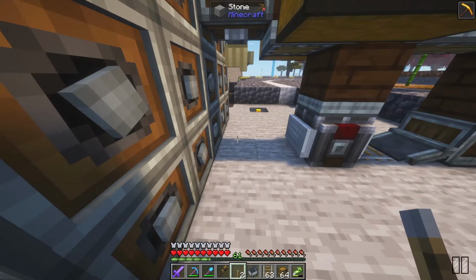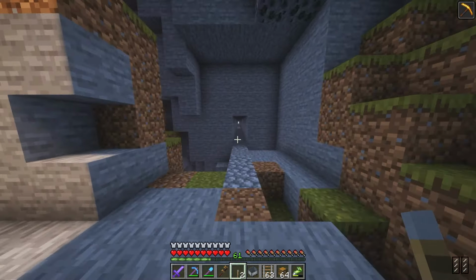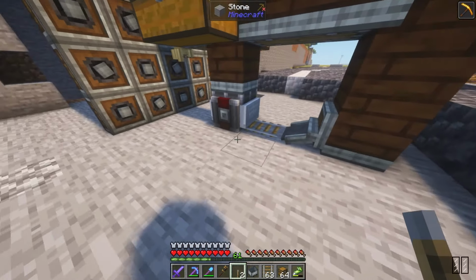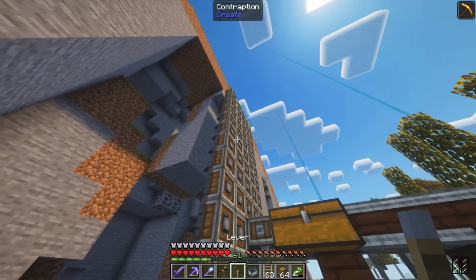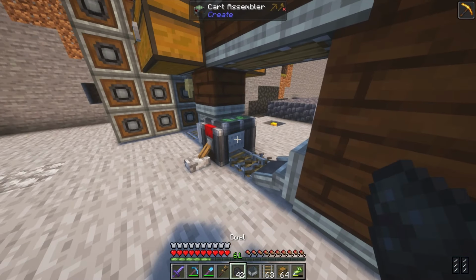Now this is going to deploy rails. This is a horizontal drill. So what I did is I went through and made sure it's got a flat railway to basically go on. And let's give it a shot. We're going to power the contraption. You see there that it became powered. It mined. And now if we grab some coal and we move this thing along, it will...